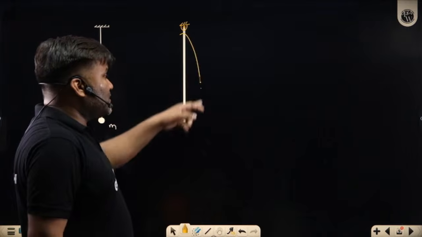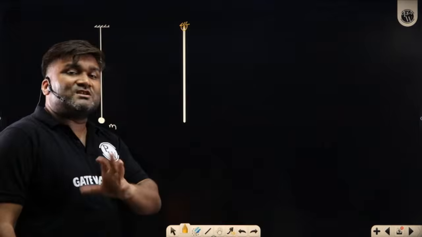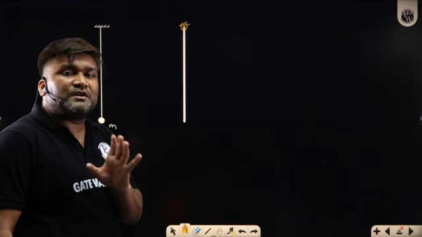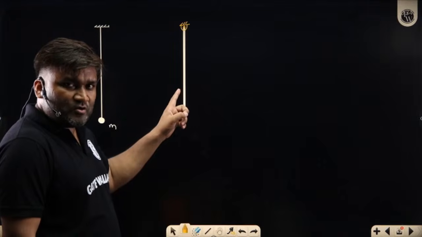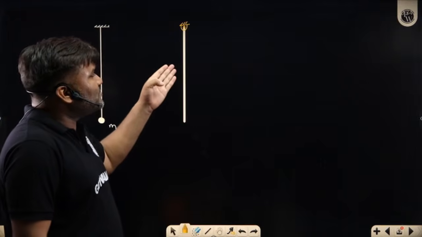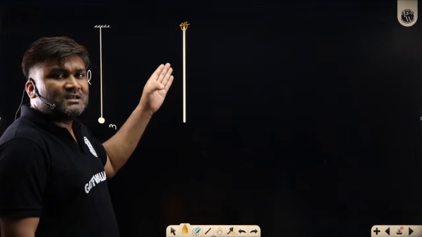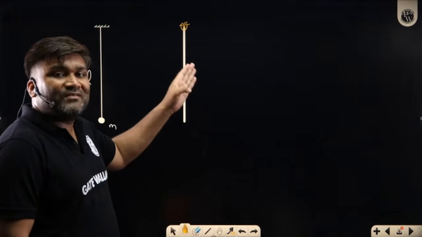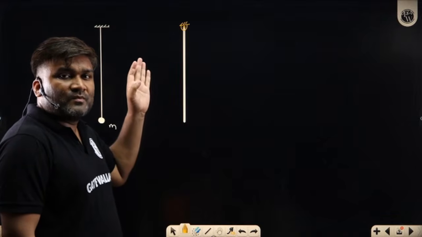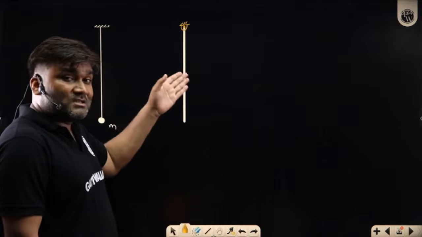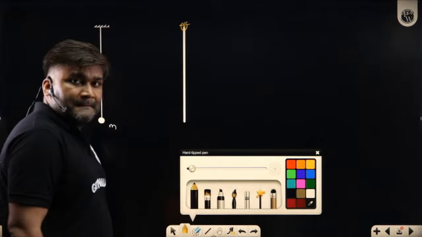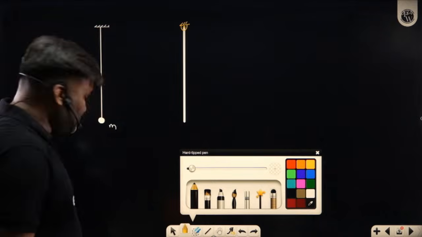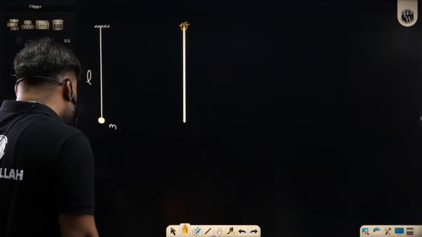Because first of all, rod has mass distributed. I want a concentrated mass, first of all. So that mass logic fails here. I cannot use it. Second thing, here also system doesn't have its own stiffness. I am dependent on gravity for the stiffness. So this cannot be solved using the Rayleigh method. Let's talk about the earlier situations.